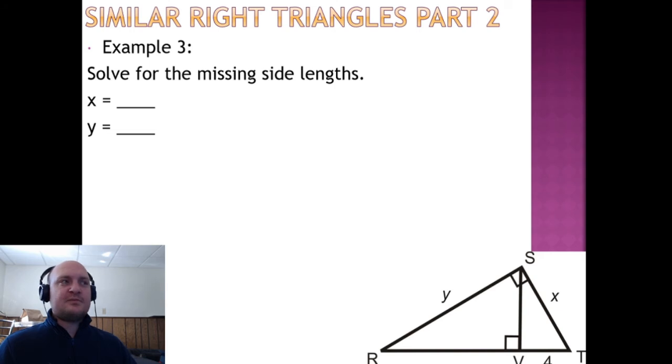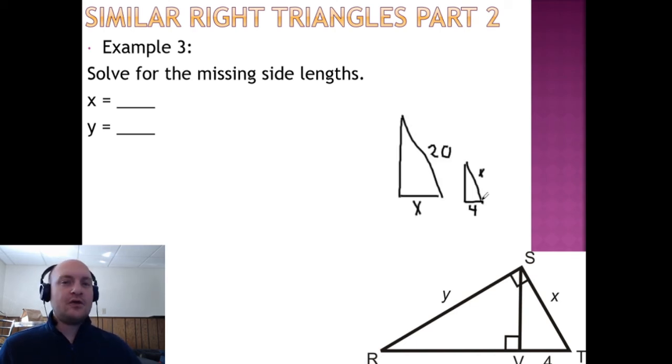The relationships between the side lengths inside of this right triangle are very important, and they're the reason we're able to solve for x and y in this particular problem. We're going to use that idea of the three triangles in order to build a proportion that solves the problem. In order to solve for x, we need that the smallest triangle compared x to 4, while the largest triangle compared x to 20. So the proportion I need in order to solve for x is going to look like